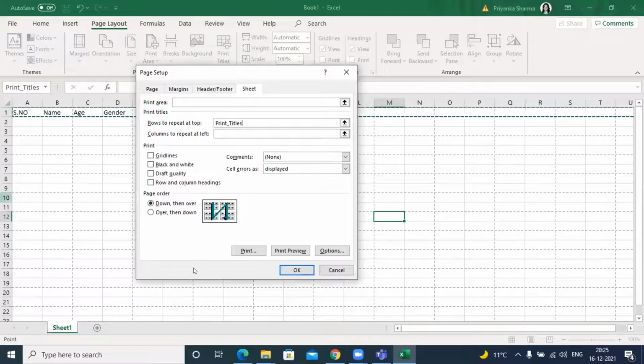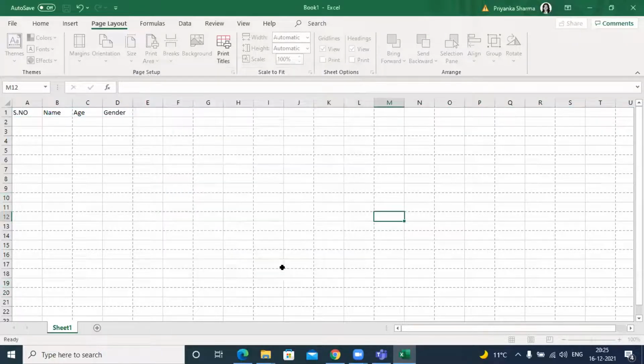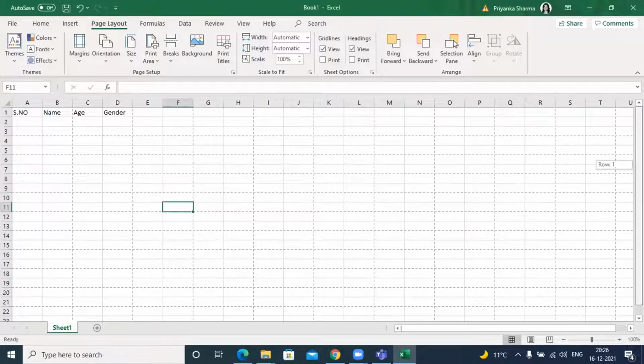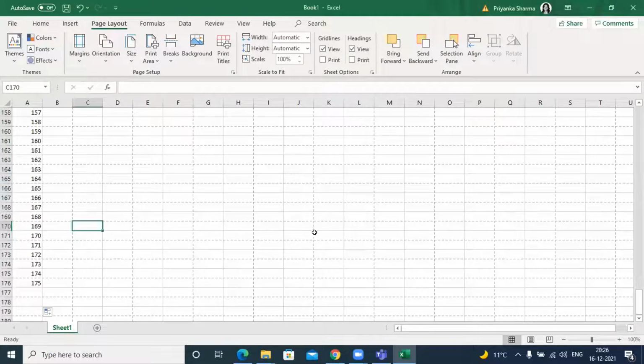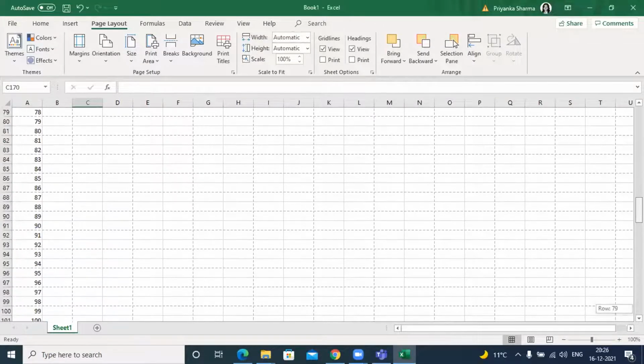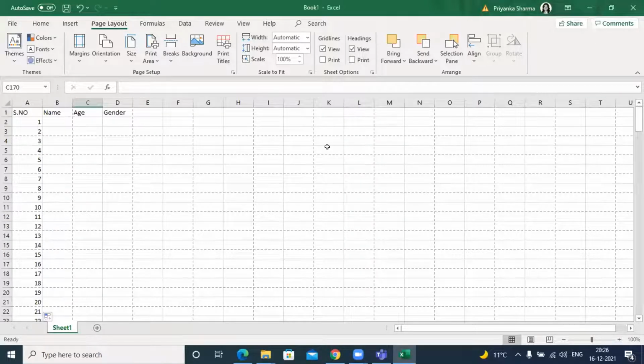Press Enter, and if you think that is all that you wanted, you don't want to do anything else, you can just click on OK and all good. Now if you see, the scrolling has stopped and this header information is there. Let's try to add some data here, 1 and 2 and 3, and I'm going to quickly drag all the information all the way down. So what's going to happen? You can see that it has actually locked it. But again, if you put more information, you will be able to scroll depending upon the information that you have.